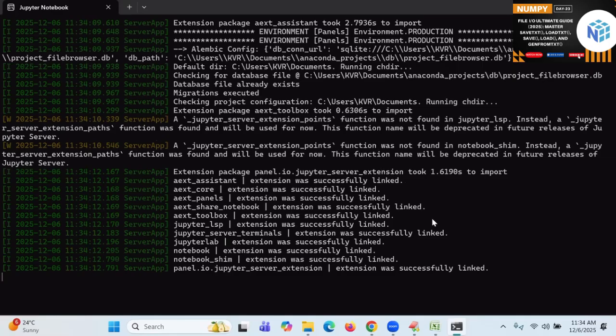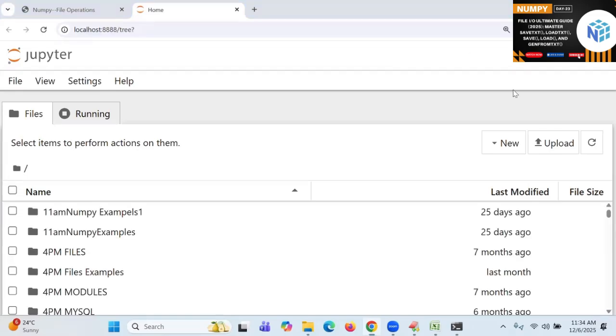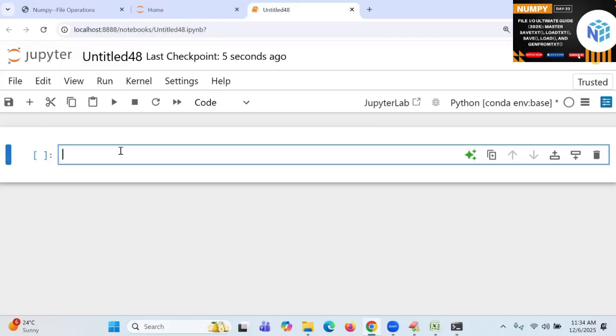So how to do it? Important, students, so take care. Take that new file.